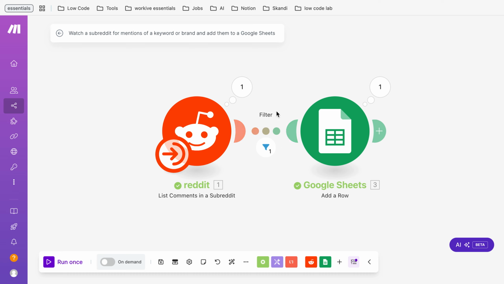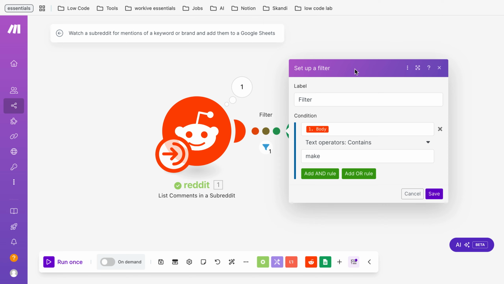The second step, which is a quite important one, is to add a filter, because as we are standing right now, there's no filter. So in the end, you will just get the 5 newest posts within the subreddit, which is nice. But we're looking for a term, we're looking for our brand. We're only interested in those which are mentioning this term. And so the condition here is when we set up the filter that the body. So you also could use the title. But in this case, we're using the body, contains, so it's a text operator,